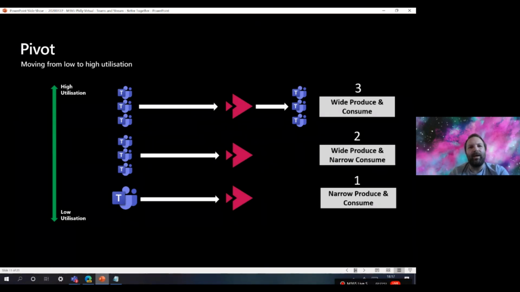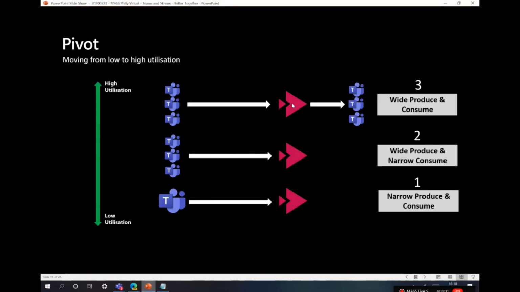Where we ultimately want to get to in terms of utilization and the highest value is wide production and consumption scenarios. So we're making very broad recording scenarios right across our organization. It's all coming into Microsoft Stream, but then we're taking it back from Microsoft Stream and surfacing it into Microsoft Teams.